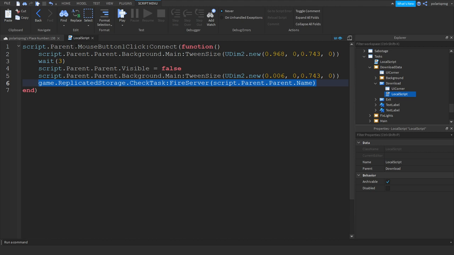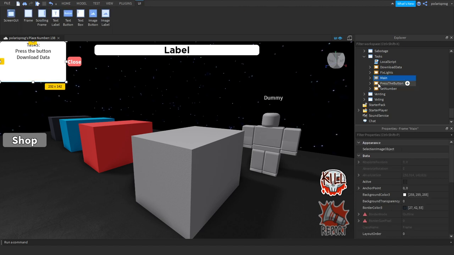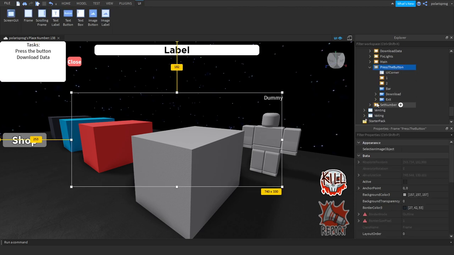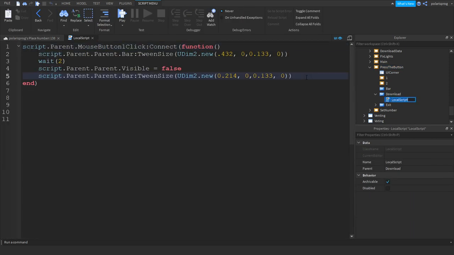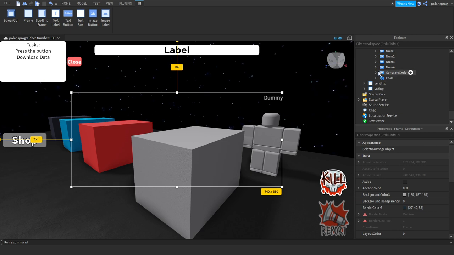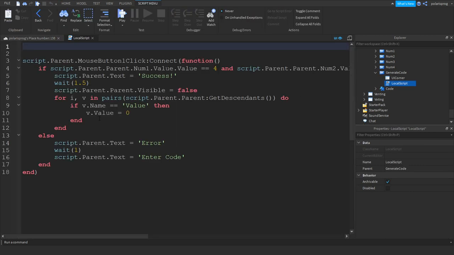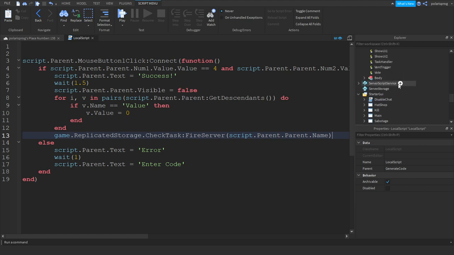Just copy this line of code since we're gonna need it, and go back to your press the button task, and inside of this download button we're gonna do the same thing but here this time. And we're gonna do the same thing for the set number task. So inside of the generate code, in here we will do this, and inside of ServerScriptService, inside of your event script,